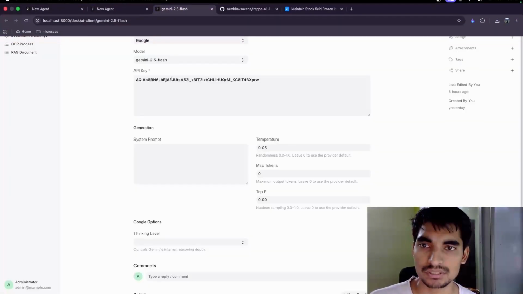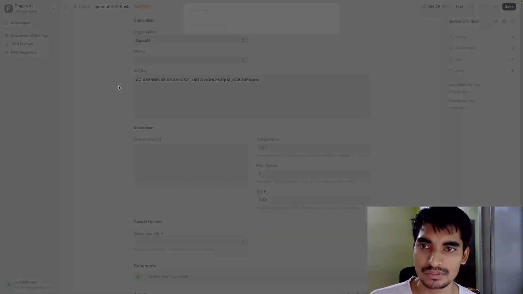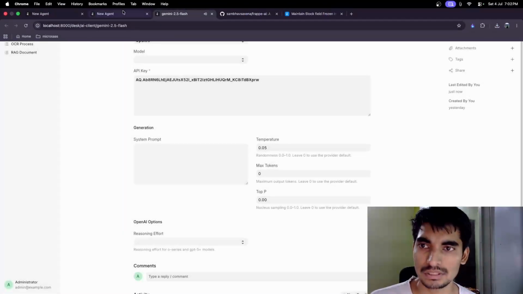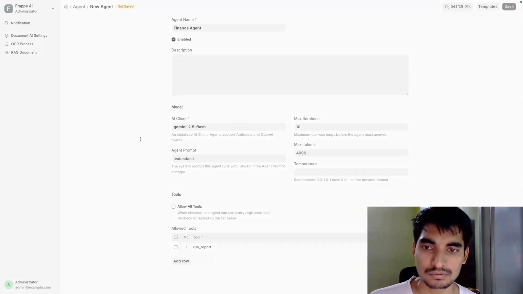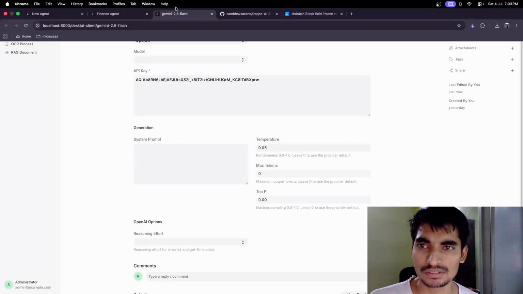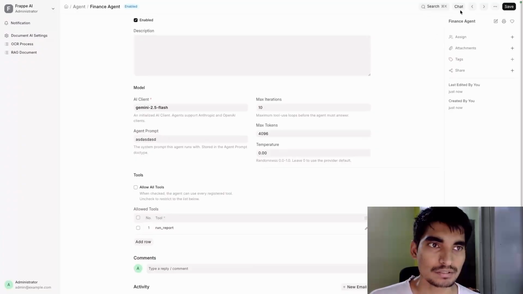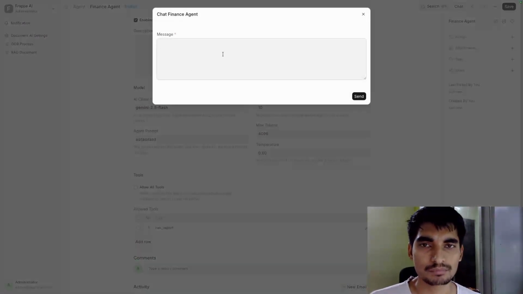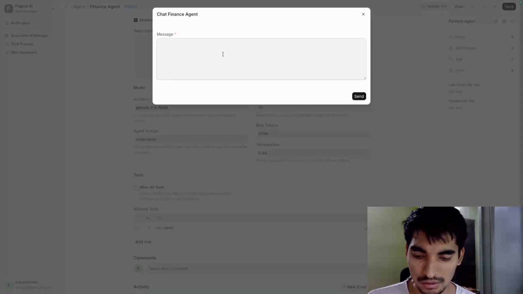Wait a sec. Let me just try to configure this for OpenAI. Yeah, whatever. And I think this would work. Yep. That's a play around, by the way. This is not the right thing to do. But then you would get an option to chat, and you can put your messages here. It would